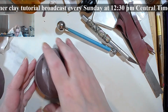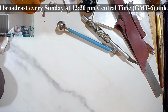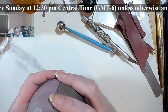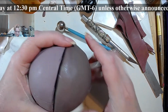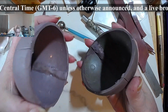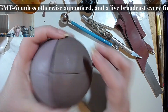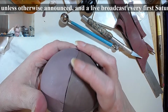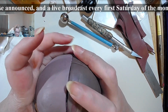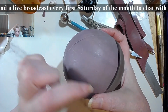Now of course the two halves have to be put together, right? So now we have two halves, and if you have any kind of issues, number one, when you put them together, never put them together like this, because that way you'll have a weak spot near a weak spot. Always put them in a crosswise pattern, so kind of one cut to be in the middle of a